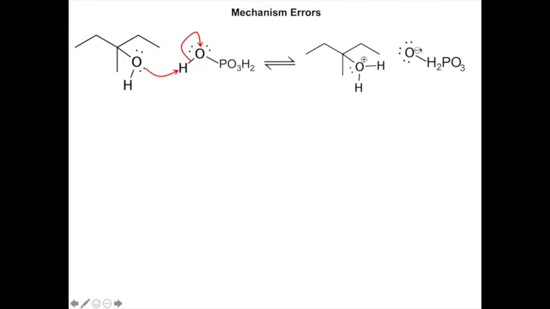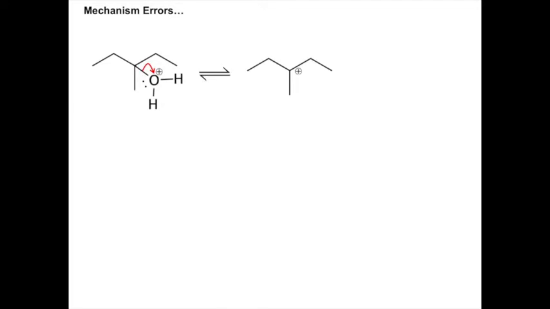Let's draw that all out. But there's one thing I don't like about this. I don't like the bond being shown between oxygen and hydrogen. That's weird. So let's do this. Oxygen to phosphorus. You can abbreviate this part, but let's keep all this clean here where the reaction took place. So that looks good. And then another error is that, let's say you form a carbocation with that good leaving